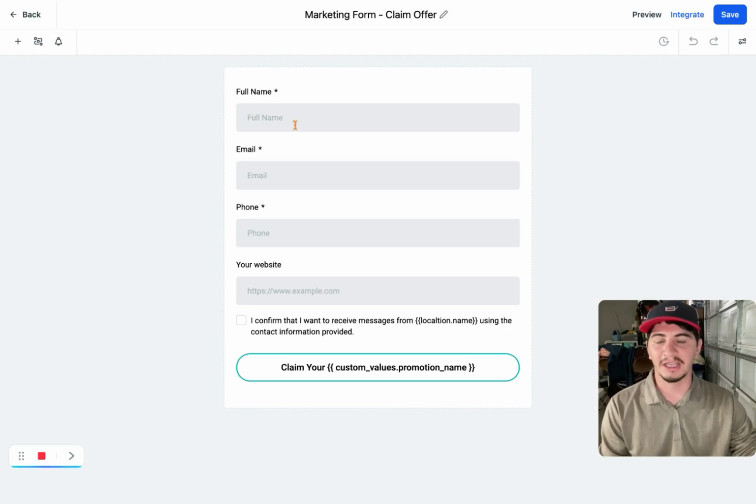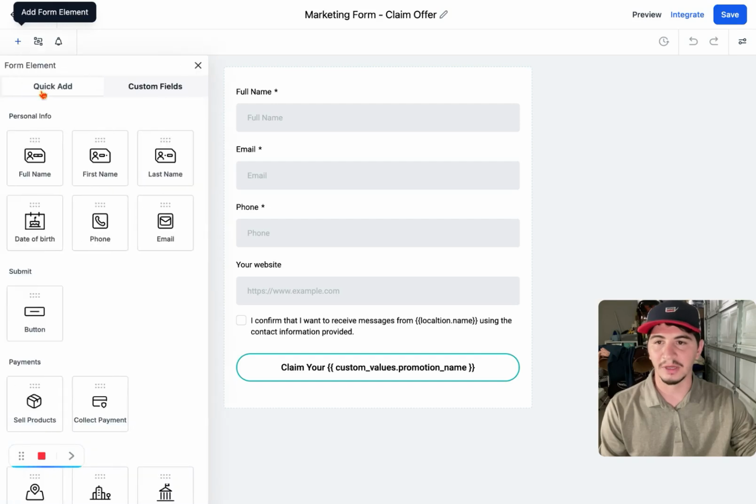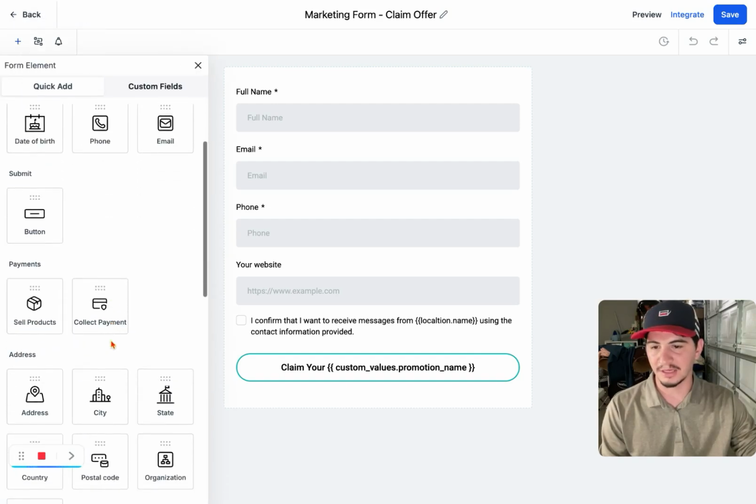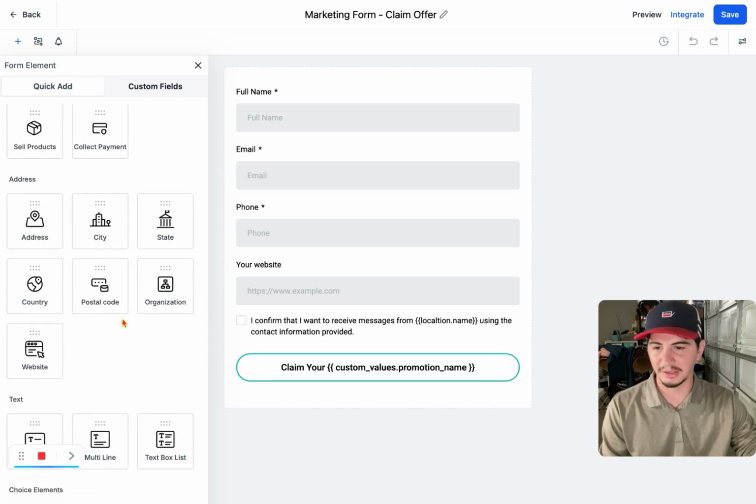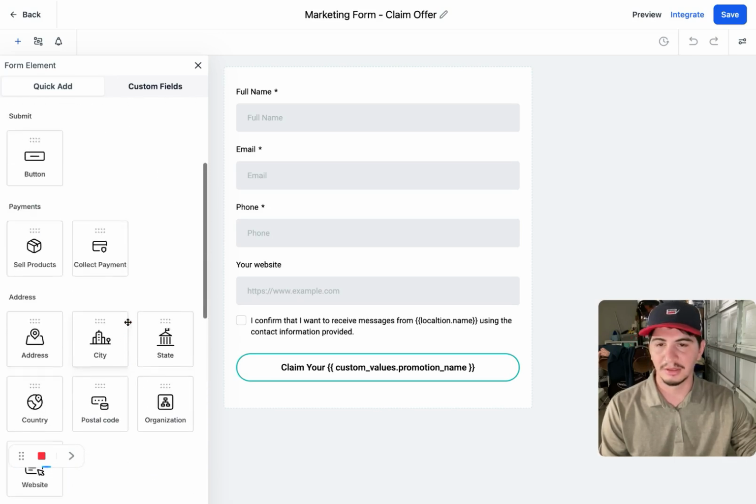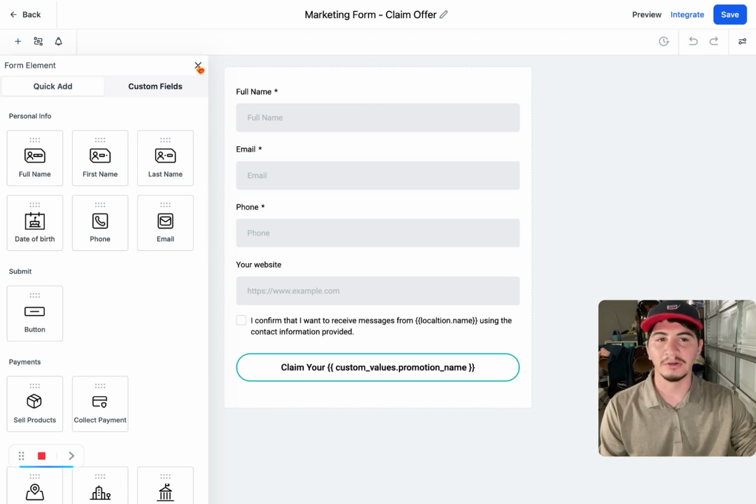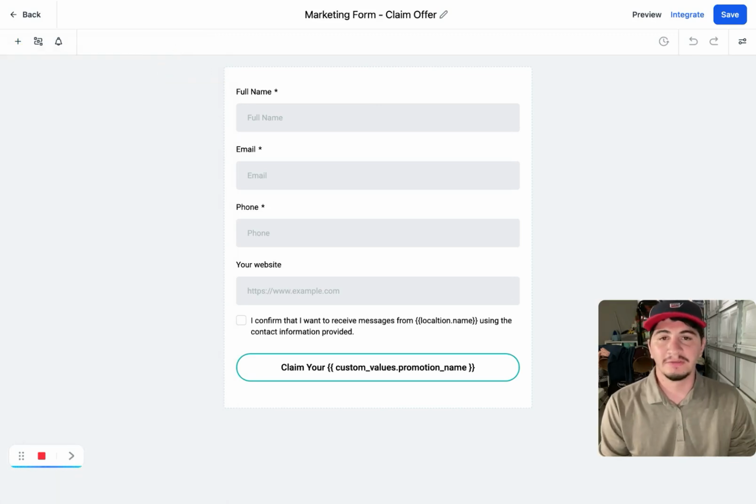And here's your lead capturing form. You have a full name, their email, the phone number, and even their website. So you can always change this, add a form element if you want. If you need something else, like their address, the city, anything else really, you can always add it. So once you're done getting this over, you'll want to grab the embedded code and then head over to the